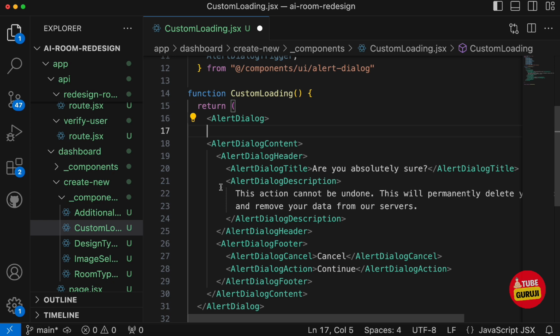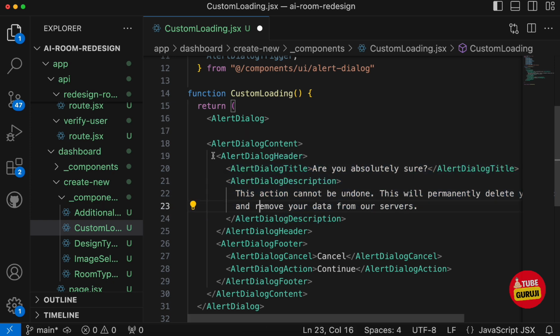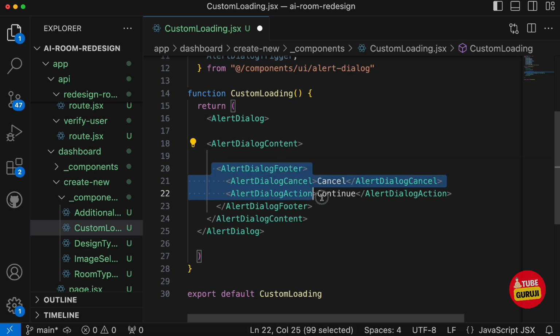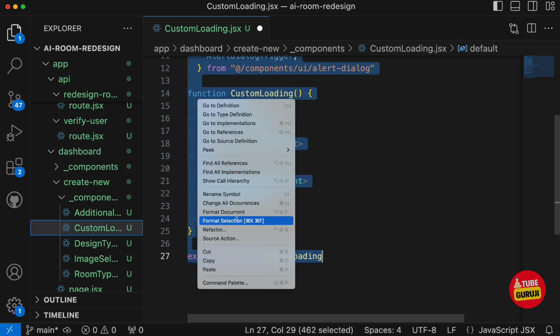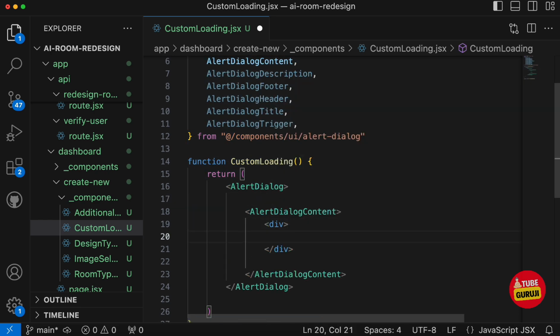Also we don't want the header section, but actually we can remove all of these things and we'll just keep the content. Okay, so I will remove this header, I don't want this footer as well, so we'll remove the footer. I will just format this one, and then simply inside here we'll display a div, and inside the div we'll add